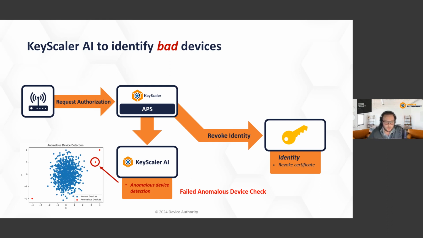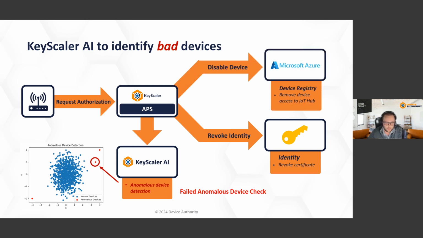And revoke that identity with the identity provider, disable that particular device in Microsoft Azure, in Azure IoT, or whatever you might be using, and alert administrators and do all of the usual stuff that KeyScaler's been doing for a lot of people already. So you can see how that plugs in, and how it all comes together. If you imagine, again, that authorization really can be any part of the system. We could also, like I said,